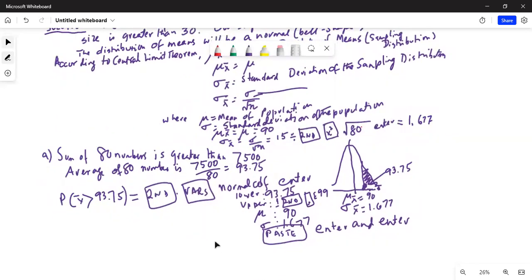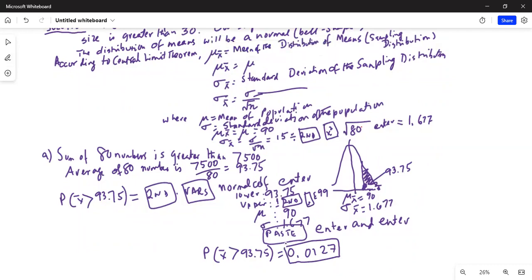So, probability. So we have to find probability of X bar greater than 93.75, and that is equal to 0.0127. So this is the answer for part A. Now,